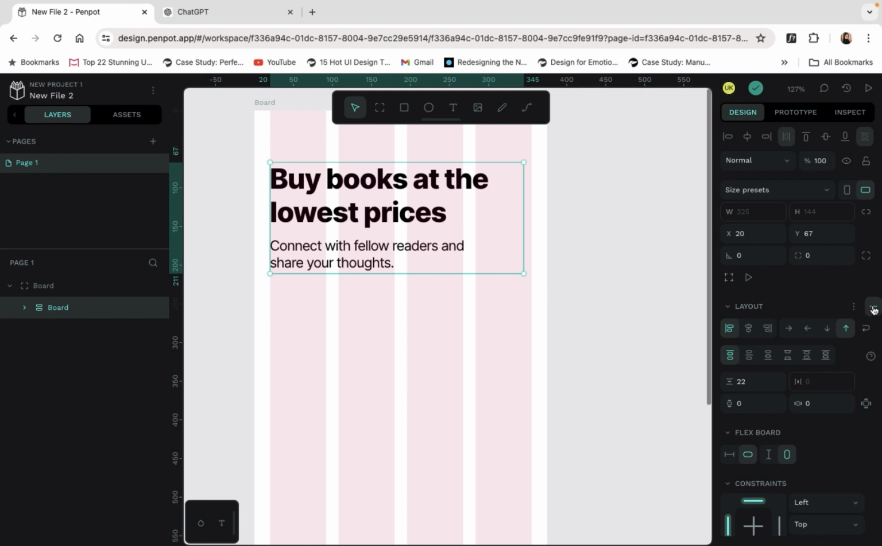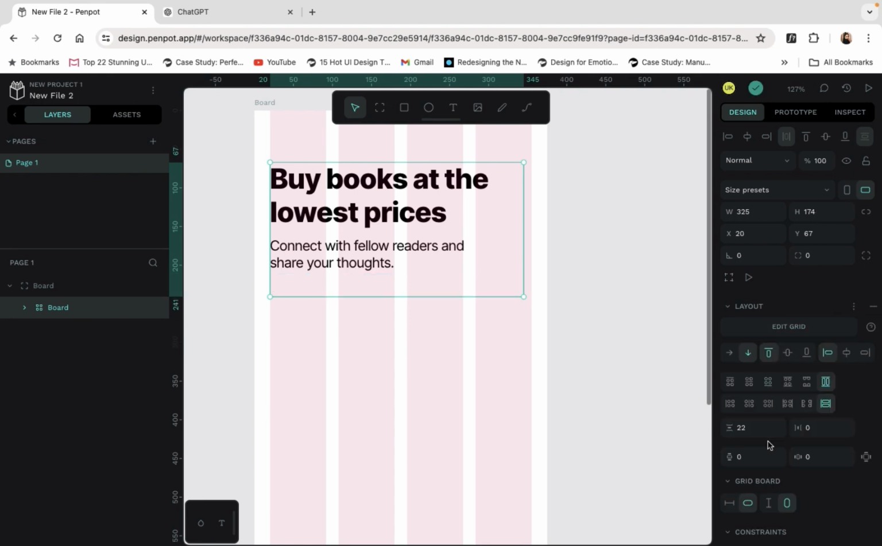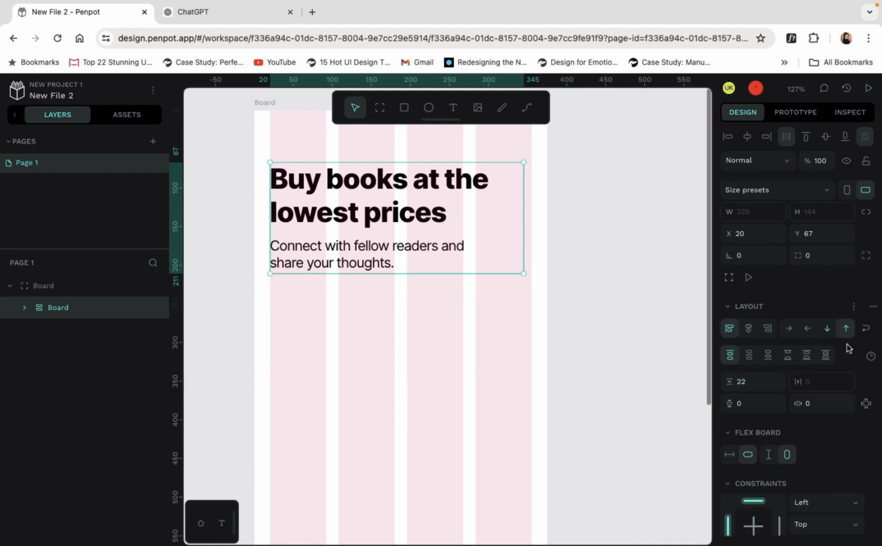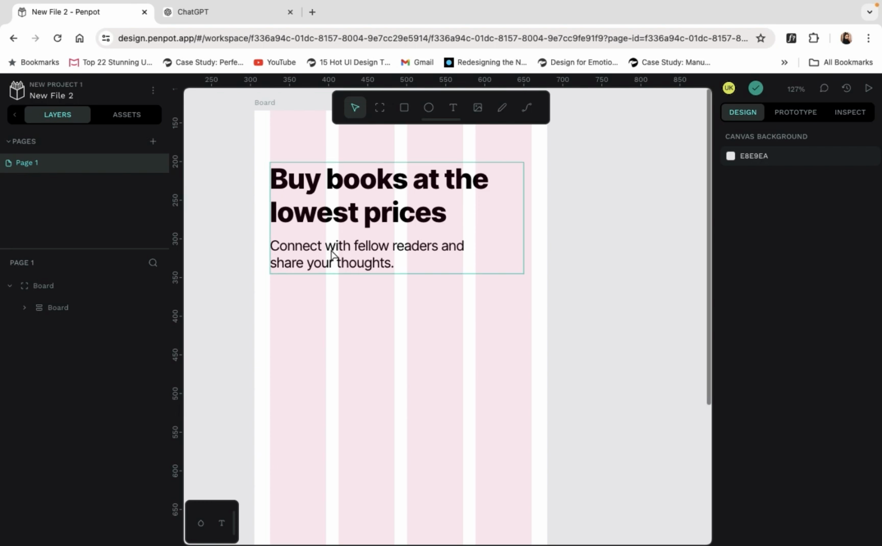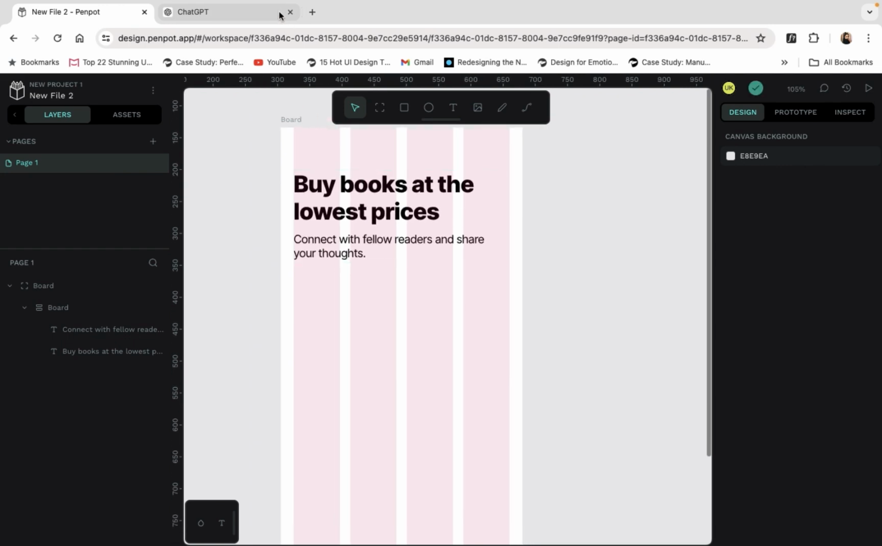And if you see, there is one more option which is grid layout. It is a bit different, so I will cover this in my next video. So let's just get going with this flex layout only. So this is our content here. Now what I'm going to do is add an image. So for that I'm going on